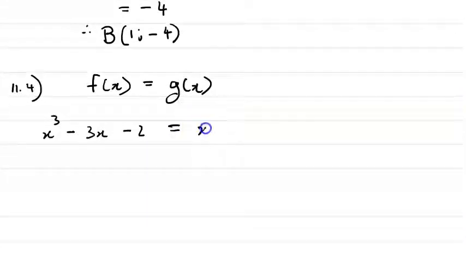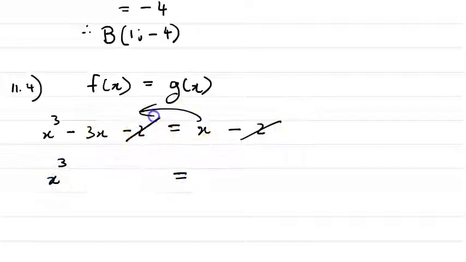So we're going to equate it to x minus 2. So let's now factorize. Well, first, before we factorize, we have to simplify. So minus 2 and minus 2 on both sides would cancel off. So we're going to be left with x cubed. If we bring this x over to this side, it will be minus 4x, and that will equal